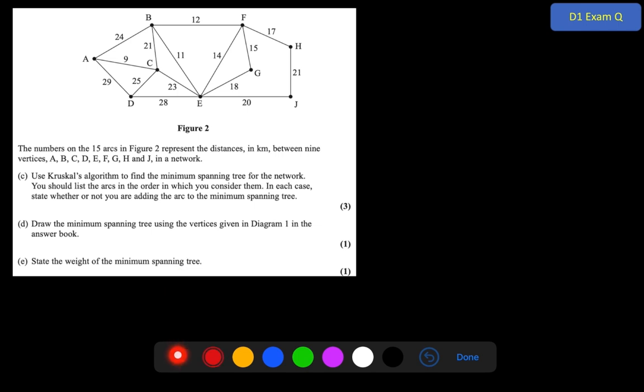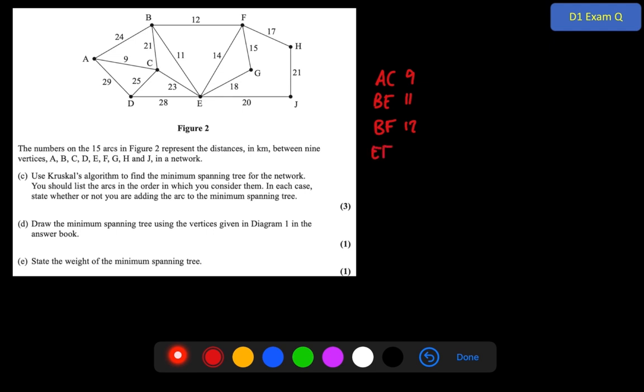So going for this, I might need 2 columns, there's quite a few here. Going for the lowest weight is the single digit 9, AC. Then we've got an 11, that's BE. You can see listing these out is doing part of what it asks me to do. So it's not just part of the algorithm, it's something that the exam question specifically asks. We've got a 12, that's BF,